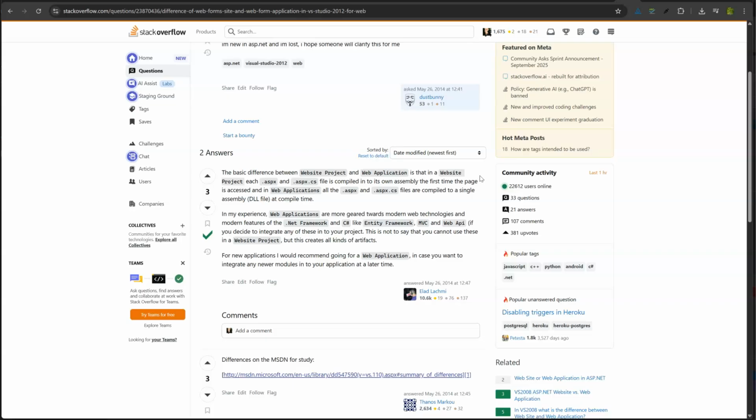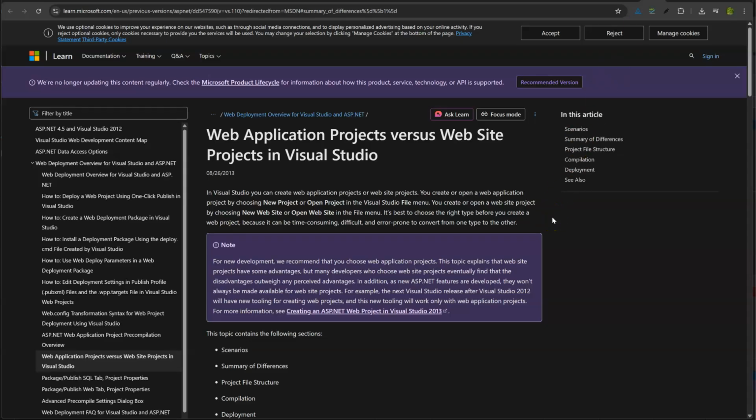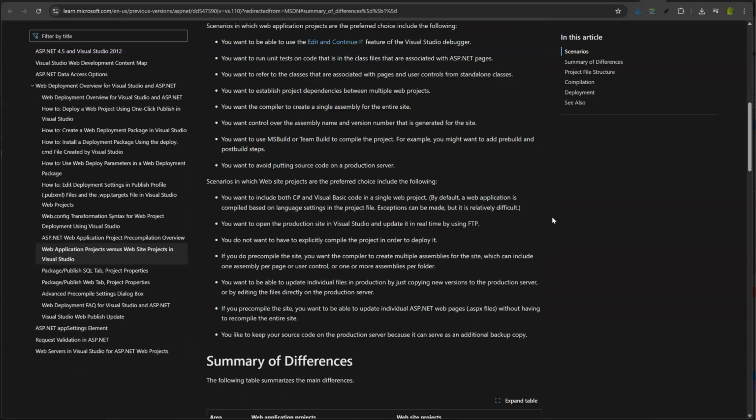The website is a legacy template site. It's not available in the latest versions of Visual Studio, and Microsoft recommends creating web applications only. Here I want to present both types of projects so that you know how to distinguish them. And before proceeding to creating these projects, we will review this important Microsoft MSDN article about some differences between these